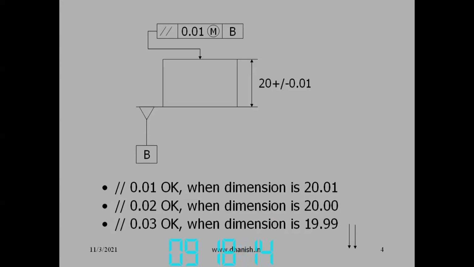Thus this maximum material condition can be applied to other tolerances also to get a total benefit. If you are making the hole bigger, we are interested mostly that the parts should be assembled together. So if the hole is bigger, we can have more tolerance in position. If the thickness is smaller, we can have some extra tolerance on the parallelism. That is called a bonus tolerance. The tolerance we get by this maximum material condition modifier is called a bonus tolerance.